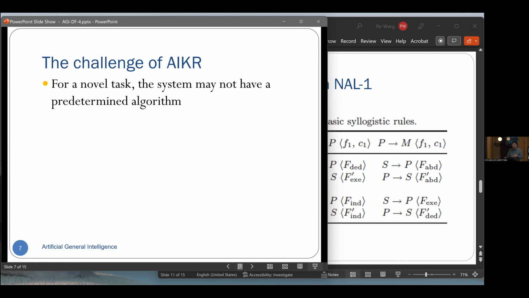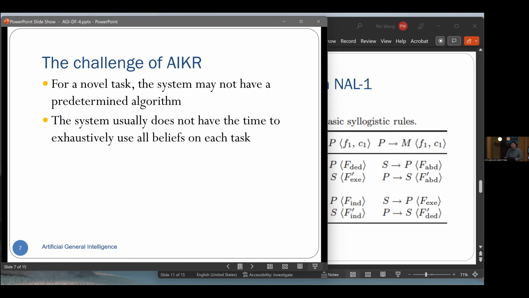Here, I mean both the system and the designer. We do not anticipate all possible tasks when we design it. Insufficient resource means what? You cannot do exhaustive search, even though the graph is always finite. In theory, you can try all possibilities. It's finite, but NARS is supposed to work in real time, so you usually don't have the time to